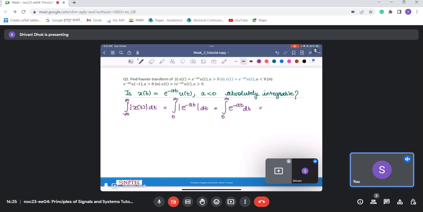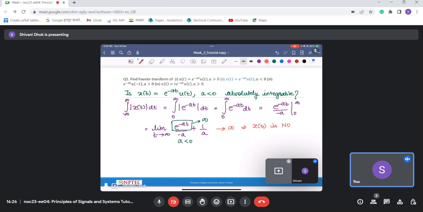This we can write as e power minus at upon minus a from 0 to infinity, which is the limit t tending to infinity of e power minus at upon minus a, plus 1 by a. But now this a is less than 0, therefore this term will go to infinity, which means that this entire thing will tend to infinity,